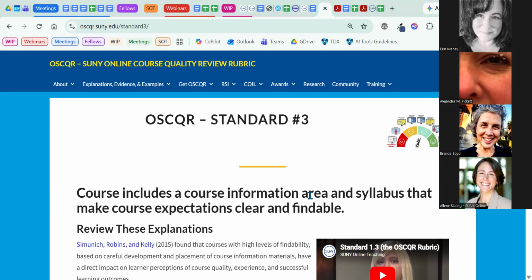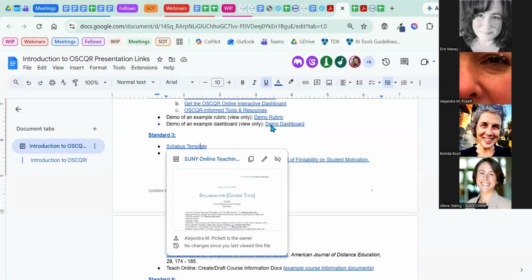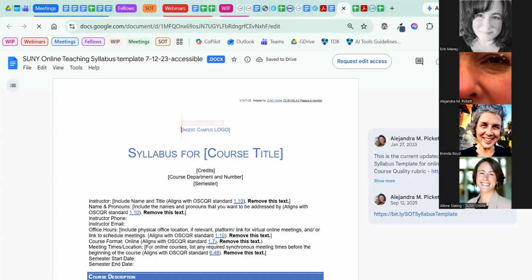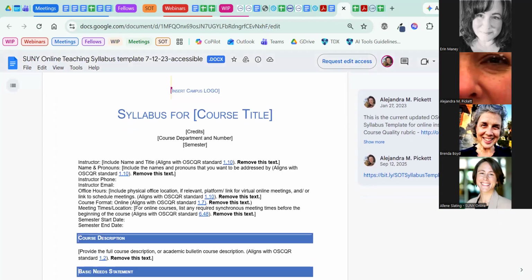So the first resource is the syllabus template that we created. And I wanted to share this with you. So this is a template and a model, so you can use it in either of those two contexts. You can take it and make a copy of it, and then adapt it for your own course, or set of programs, or however you would like to use it, or you can just take it and compare your own syllabi with it to make sure that you're hitting all of the things that should potentially be in there to make things easier and more findable for online students.